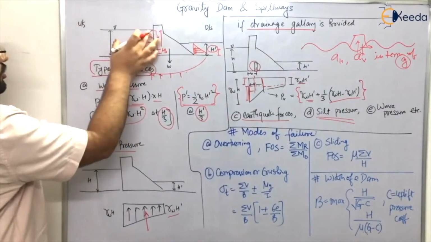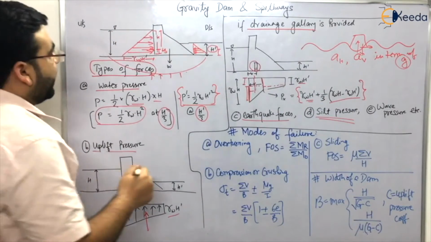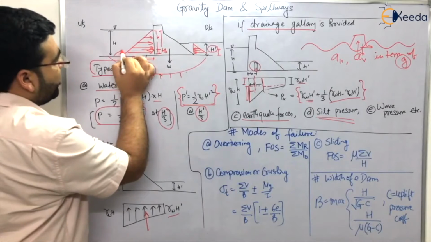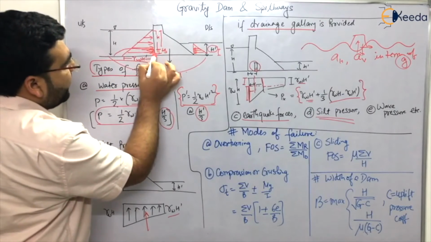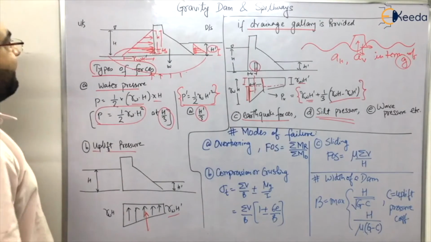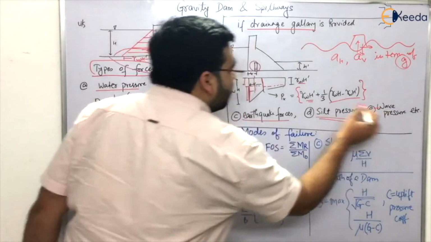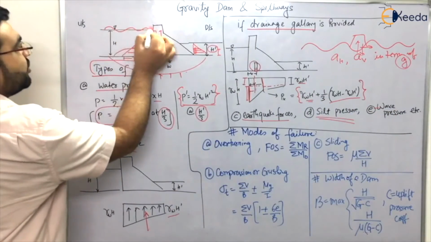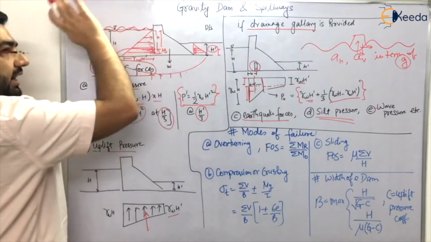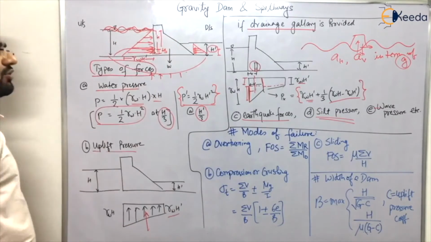Now, you know that there will be a water pocket just near the dam, right? Due to this water pocket, there will be siltation here, and this silt will be providing some pressure over the gravity dam, right? So the siltation will also be there, right? We have a wave pressure also. Due to blowing air in the atmosphere, we will have wave effect also. These waves will also have some effect on the dam.